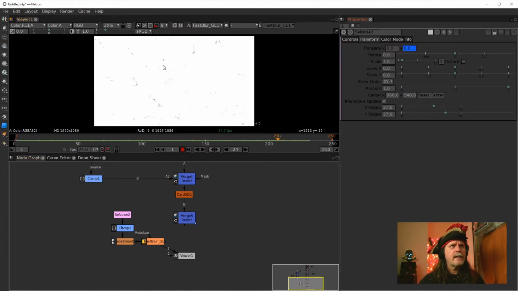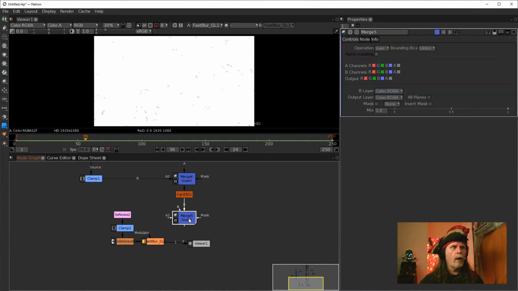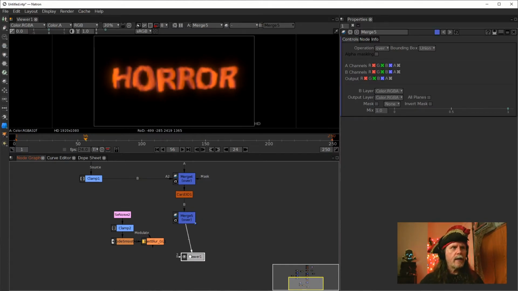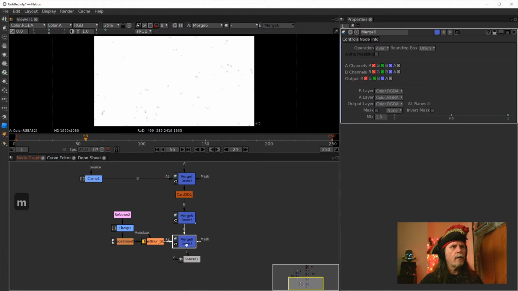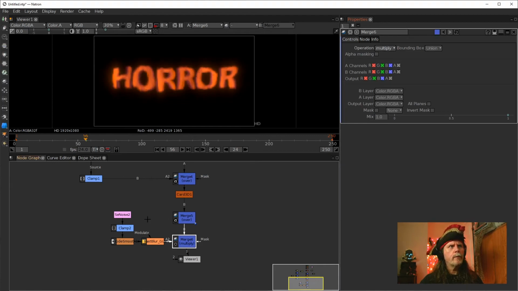Now, admittedly, this is over white currently because it's white. It is black and white. And the reason we're doing black and white is because we're going to multiply this times whatever our actual original image is to apply the dust. Remember, white times whatever we have here will be white, or the original image, and whatever fades towards black will become black. So if I take this and do a merge node on top of here, and then put that in here so that it's over it, and then change this to multiply, boom, as the